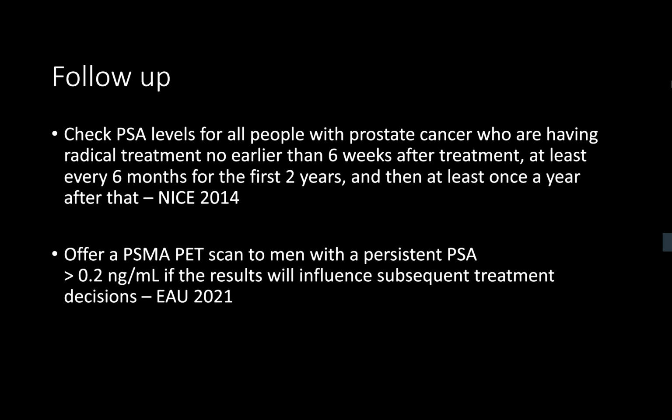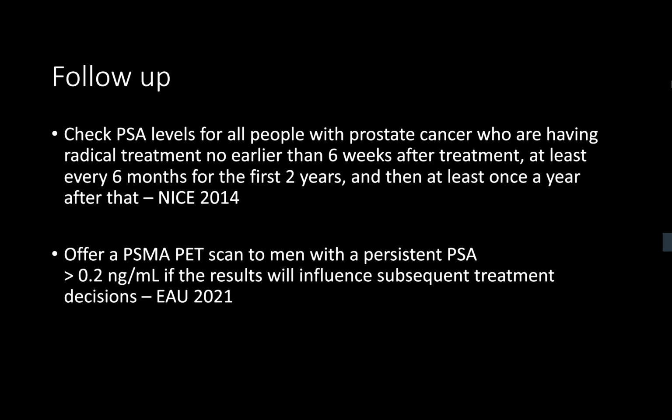Previously, as per ASTRO guidance, this is 3 consecutive rises of PSA from the nadir, and these PSA measurements should not be more than 4 months apart, and the mean of these is kept as a midline, and that is the level which will tell us about the recurrence of disease. But with the newer Phoenix